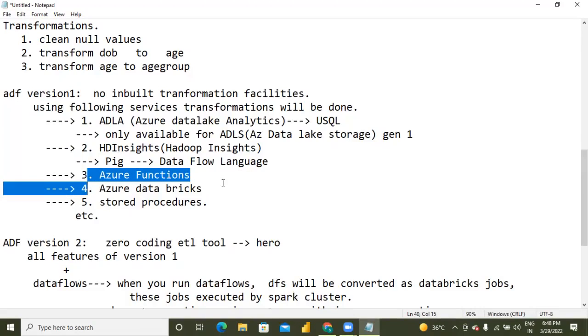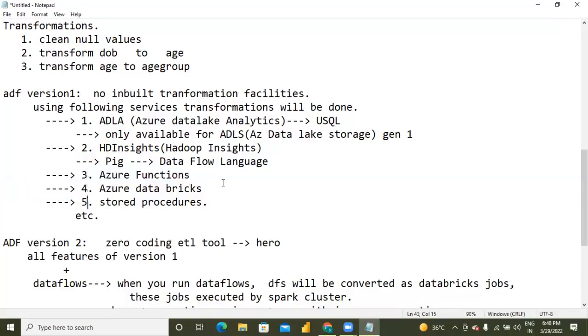To become an expert in Azure Functions, first of all go to some X institute. I won't say that name. Learn .NET, learn C#, and then come to this. Understand? This is the problem with ADF version 1. It was much tougher to perform all the complex transformations.